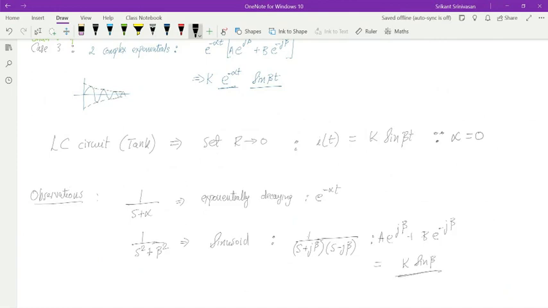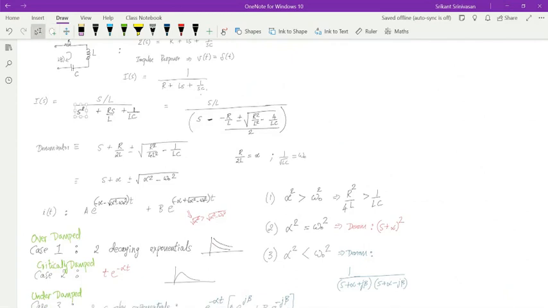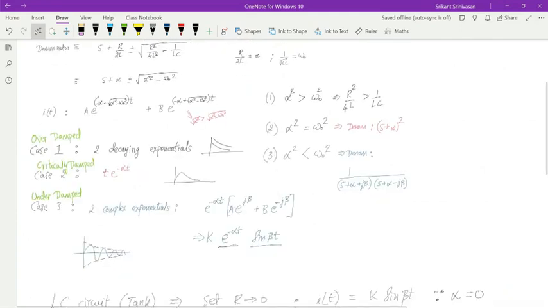So when you see terms that look like s plus alpha, it is exponentially decaying. If you see an s square plus beta square term, then it is a sinusoid. When you saw the RLC circuit, we have Ls and we have 1 over sC, and because these s's cross multiply, when I get this equation, I have an s square term. The moment I have an s square term, this is a second order system, and because it's a second order system, you can expect that it either will be exponentially decaying if it is over damped, or it can be critically damped, or it can be under damped. Each of those cases corresponds to different kinds of roots.